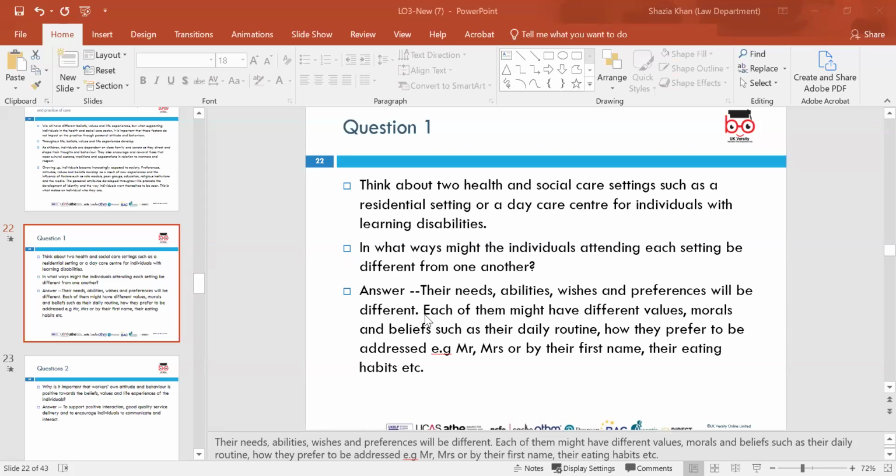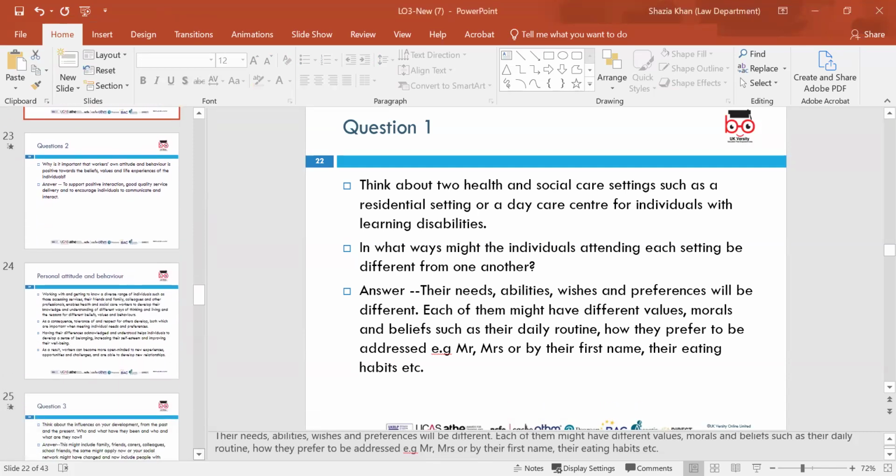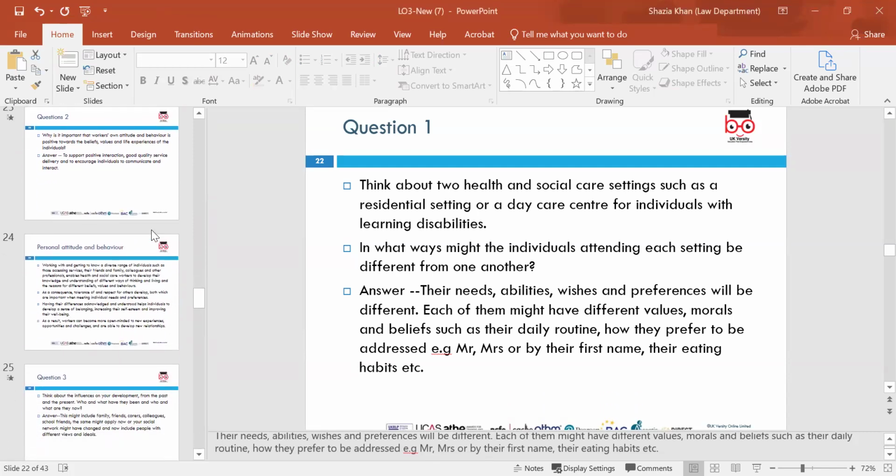Why is it so important to take this into account, Sheena? Why is it so important that if about 4 or 5 people come in and they've got different views and values and beliefs, we take them into account? That's why we practice person-centered care. It's not about us, it's about them. Yes. But also, we shouldn't let our values and beliefs impact on them, should we really?